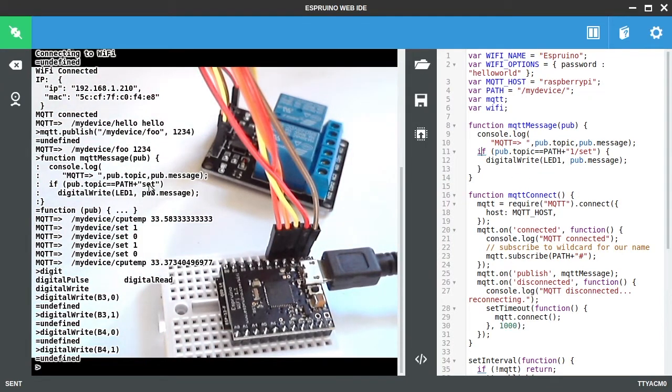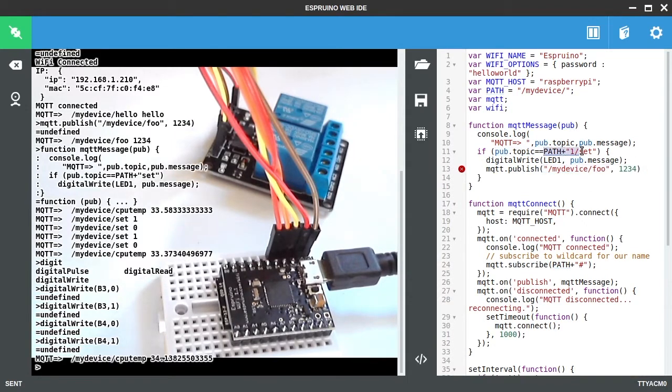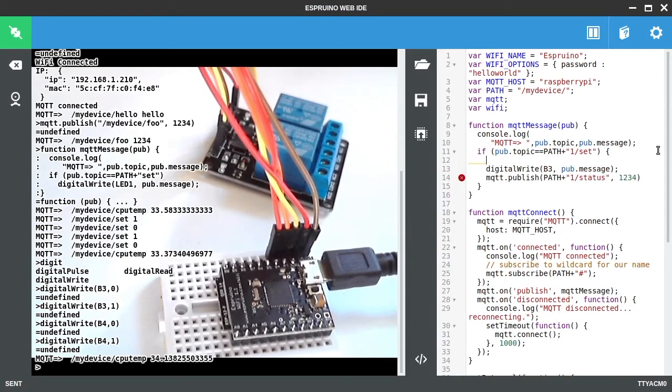So it's as easy as taking our MQTT publish and putting that, no, here we go, path 1, and we don't want to say set again because that will just trigger us off, so we'll just have 1/status, and as the status we will set the value of what we set the relay to. Just to make it more obvious, because you could send a message that wasn't 0 or 1 here and it would just relay the same message back,